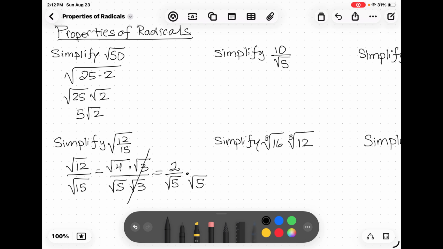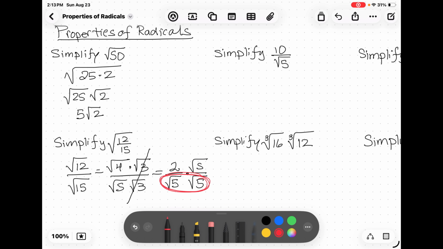I'm going to multiply by some form of 1. Rad 5 over rad 5 is simply multiplying by 1. So I'm using the identity property here. And why did I use rad 5? Because in the denominator, that's getting me a